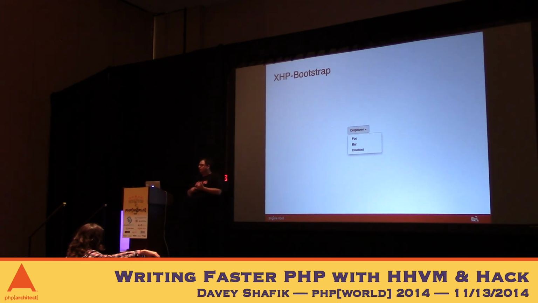Okay? It also gives you more semantic markup on the back end. Of course, it's still generating divs and whatnot on the front end, but as a developer, you can look at this tag and go, oh, okay, it's a drop down. Gives you encapsulation. As I mentioned before, you can use object-oriented semantics of hierarchy, and you can build widgets and build very complex parts of your templating into very small, discrete tags. And then finally, it's future-proof. So if you've ever used Bootstrap, they make a fair amount of changes. So if they go ahead and change this markup entirely, the implementation doesn't matter to you. All you need to know is your own tags, and you can map it out in your underlying implementation.